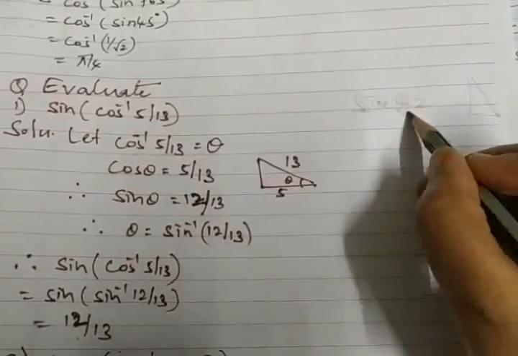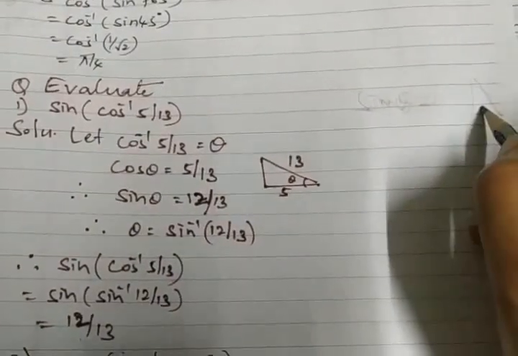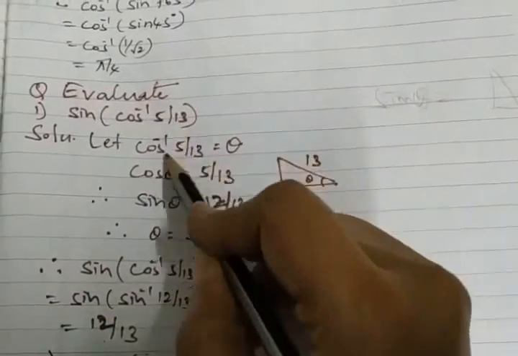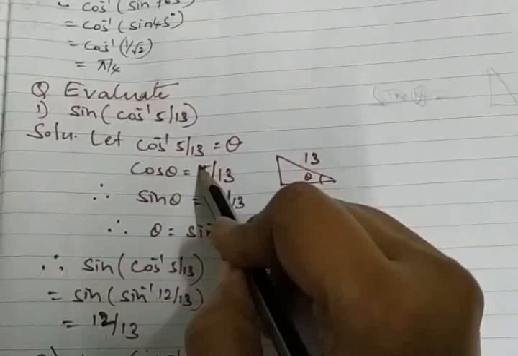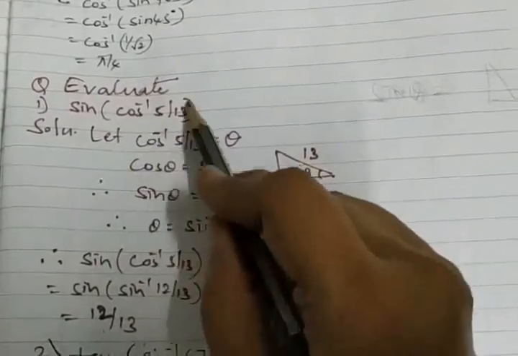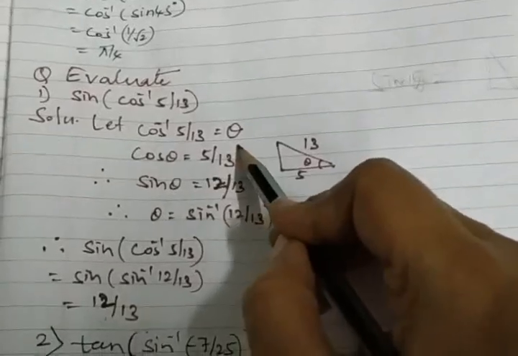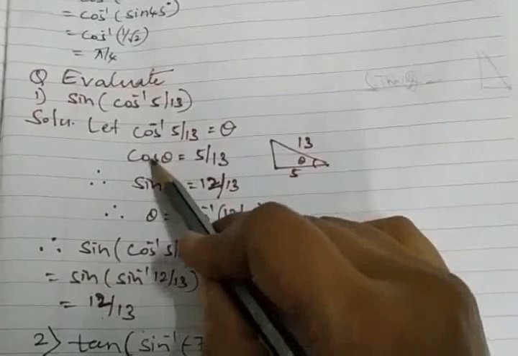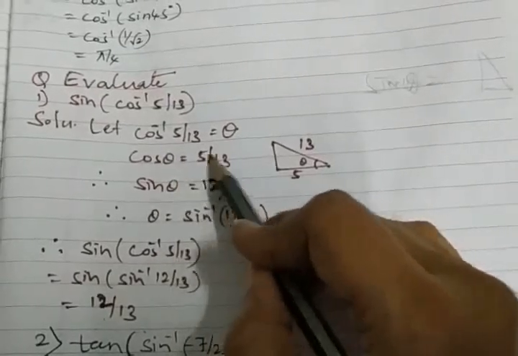So I was here, sin theta. This should be taken further; as I mentioned, the question is sin theta. What is given to us? Cos theta is given to us. I repeat, from the given data, let me say cos inverse 5 by 13 is some angle theta. From inverse trigonometry, I can come back to trigonometry. That is, cos theta is given to us as 5 by 13.